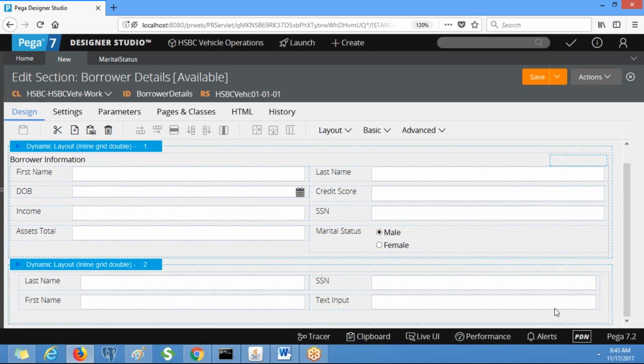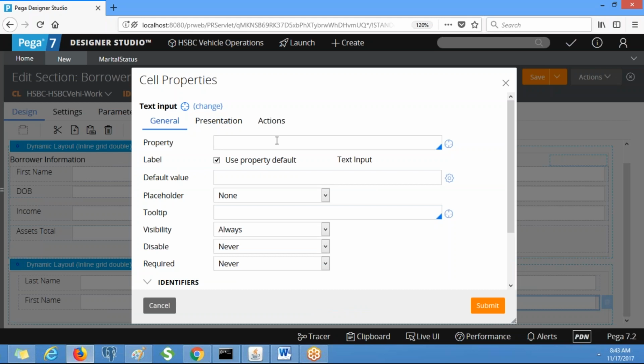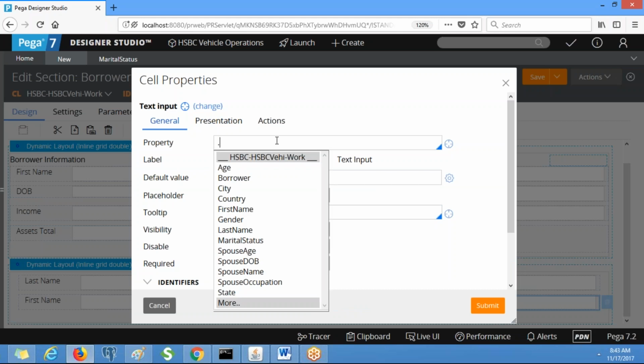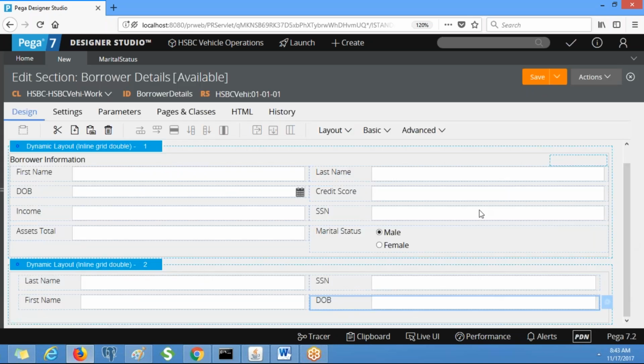These are enough, and if you want, you can use the remaining properties. Marital status is not required here, and we need total income.